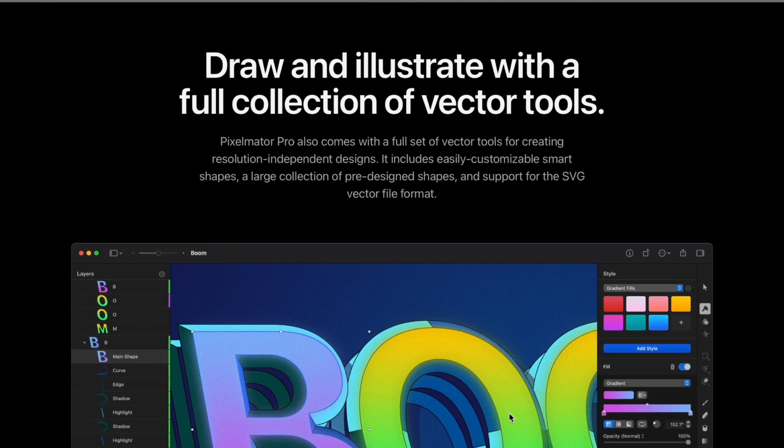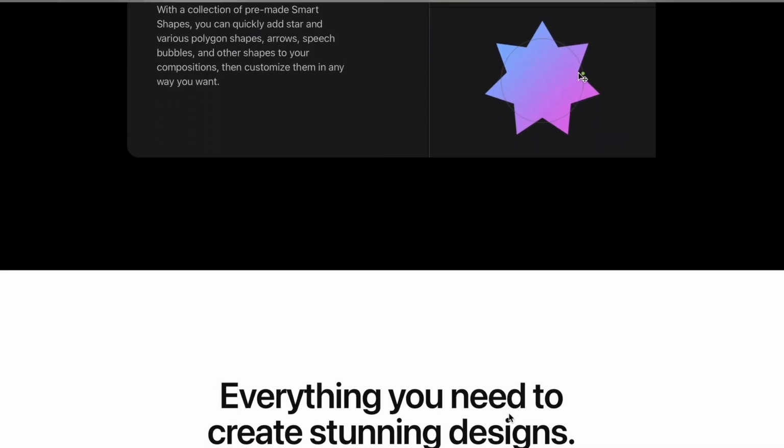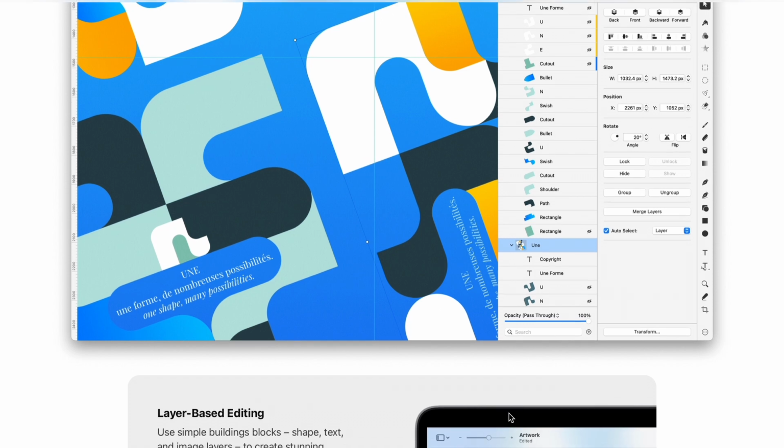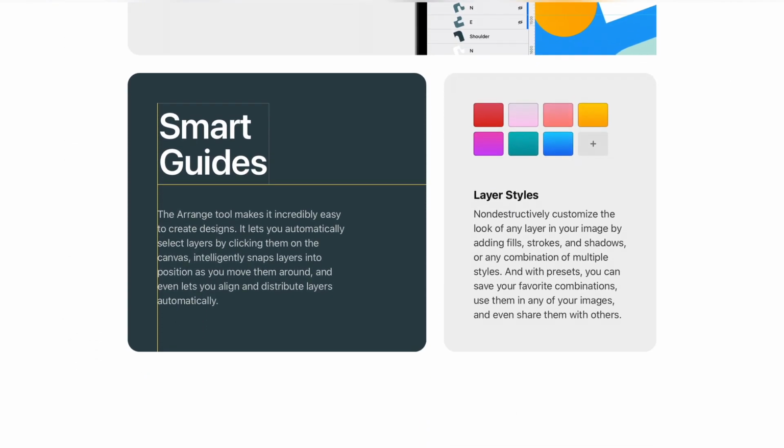So people who are just introducing themselves into image editing and who want to do layer based image editing, then Pixelmator Pro is one of the best apps that you can get on the App Store. Photoshop is for advanced users. It has a lot more functionalities obviously as compared to Pixelmator Pro, but Pixelmator Pro is on the inexpensive side. It is only a one-time payment of rupees 3,799. After that you don't have to pay anything and you will get all the updates that Pixelmator launches on their app.